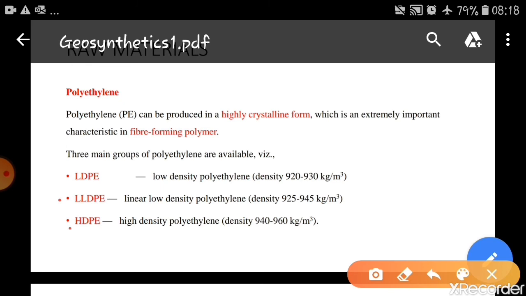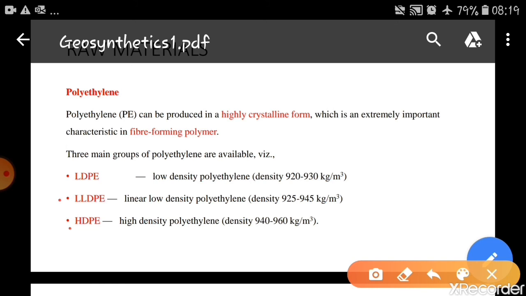When you're talking about LLDPE, it is the third group of polyethylene, made also by a low pressure process. It is manufactured by copolymerizing ethylene with a small amount of alpha olefins, which lowers the density by forming short chain side branches on the linear polymer chain. HDPE is preferred for the production of PE filaments and tapes for use in geotextiles, whereas LDPE and LLDPE are used more for the production of film.